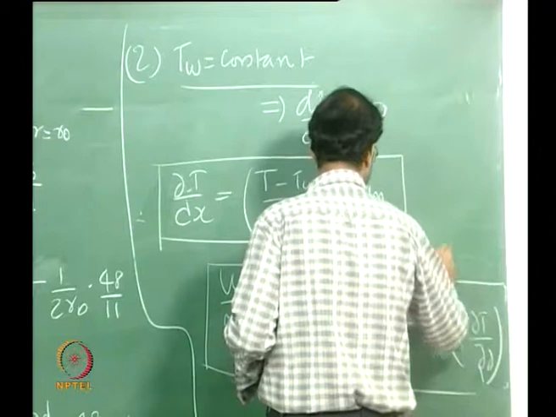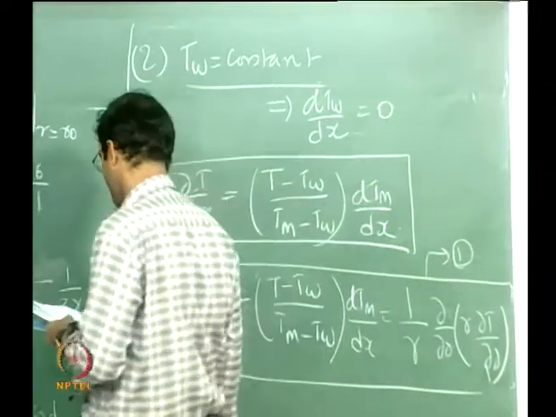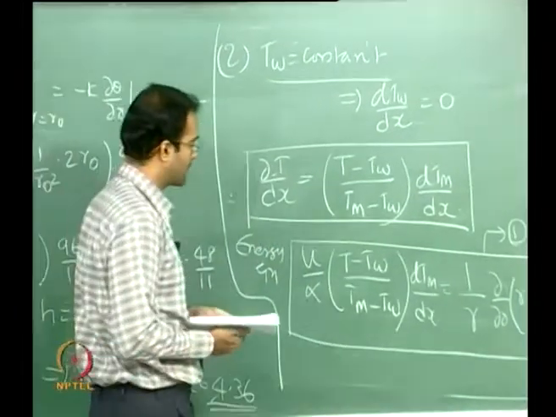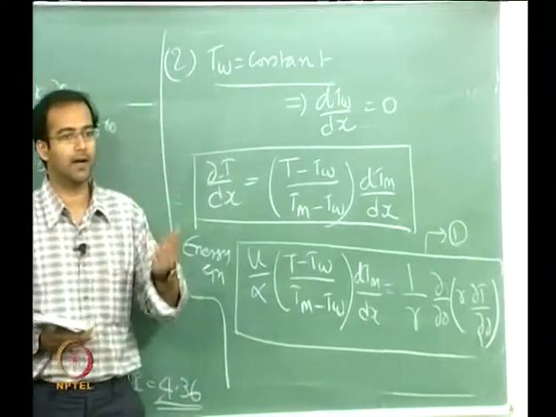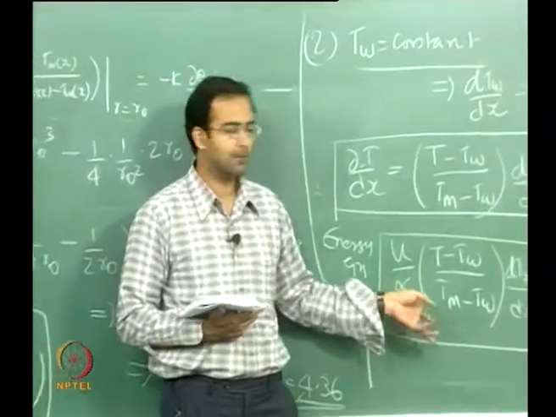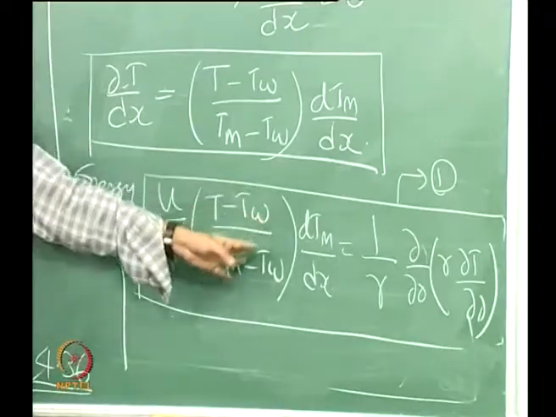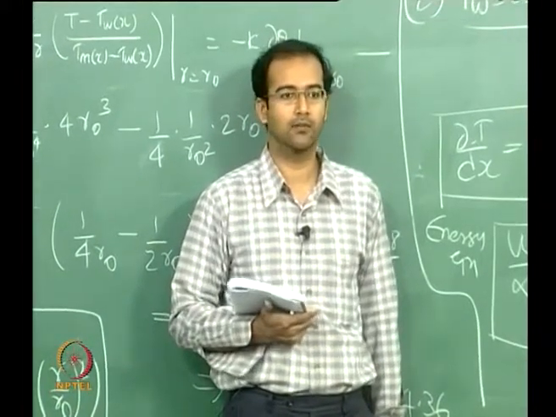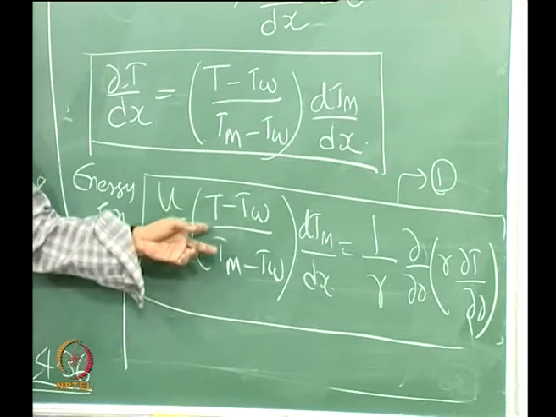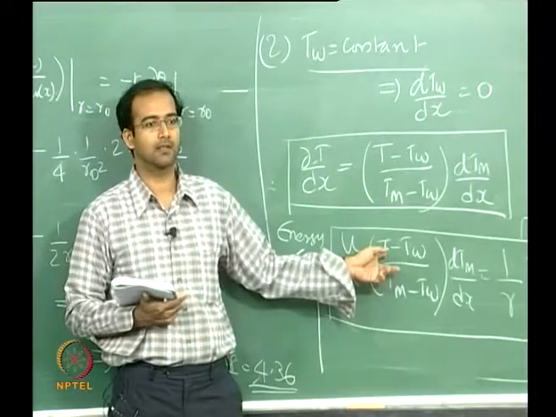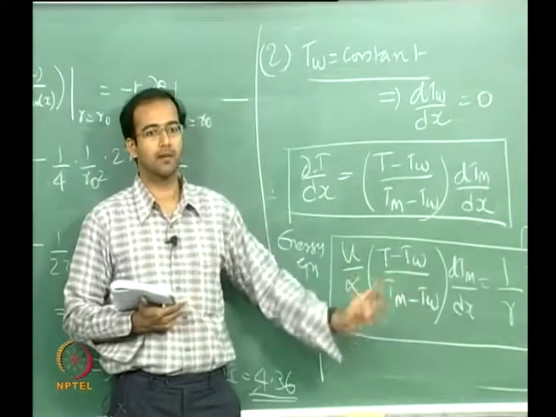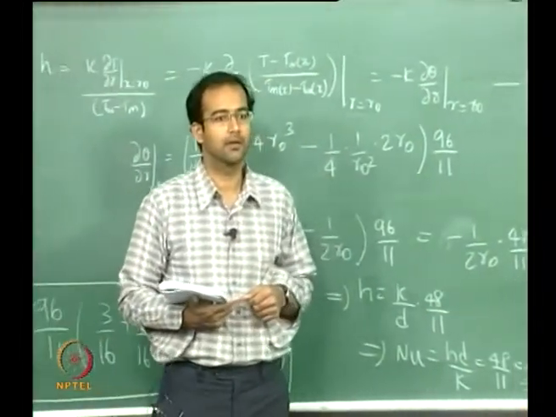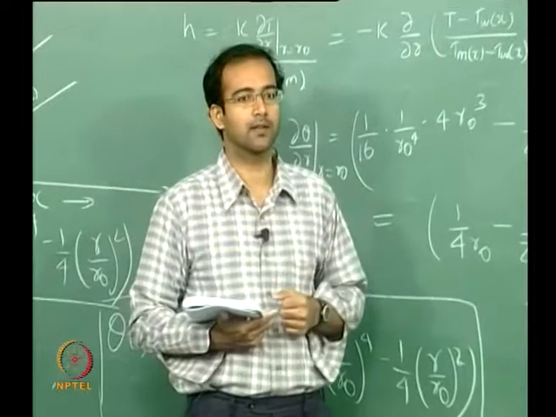Let me call this equation number 1. This is the energy equation which you need to solve to find the temperature profile. Now the problem with this: earlier, when you had constant heat flux, the left hand side was completely a constant, you had only dT_m by dx, which again was a constant, therefore you could directly integrate it out. Now you have (T minus T_wall) by (T_m minus T_wall), and T is actually not a constant now, so this entire expression cannot be solved analytically the way we did in the last case. So we have to do it numerically and also iteratively.